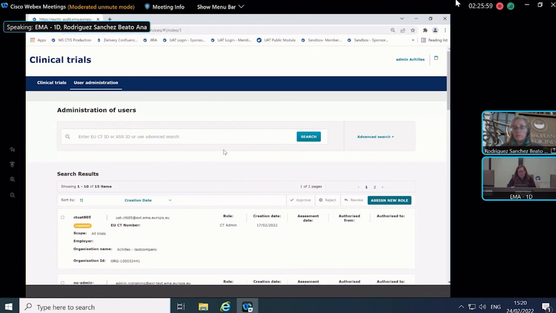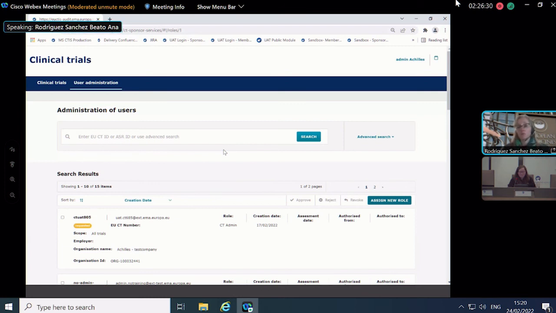Then there's a question here, again from a while ago, so maybe it's already been answered, but once the high-level administrator is assigned, can a person with a default role create a clinical trial application? So, sorry, can you repeat the question, Sarah? It's around, can a person with a default role create a clinical trial application? Yes, as I explained, a person with a default role can create a clinical trial application, but exclusively via the